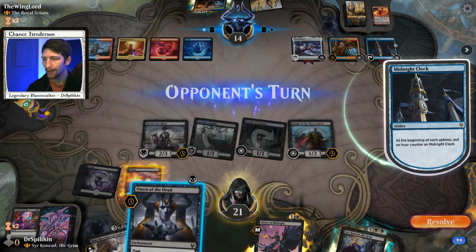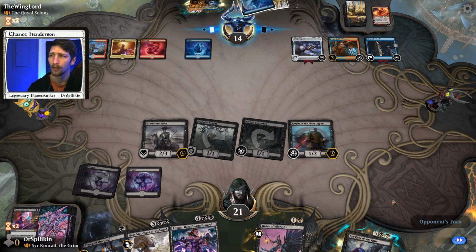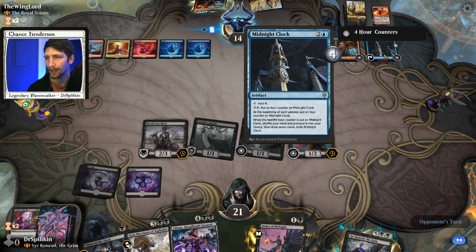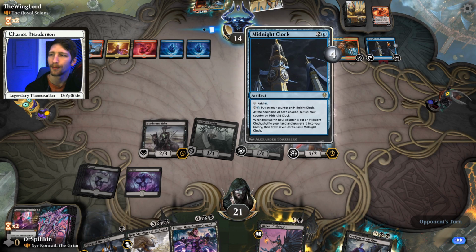Alright, well, we'll kick it back to him and resolve that midnight clock. What is it at, 4? Well, that's not too much to worry about, right? It has to get all the way up to 12, am I correct? When the 12-hour counter, yeah. Okay, so we still have 8 more turns, unless they start pumping more into it, but...